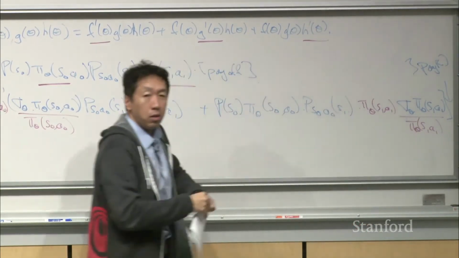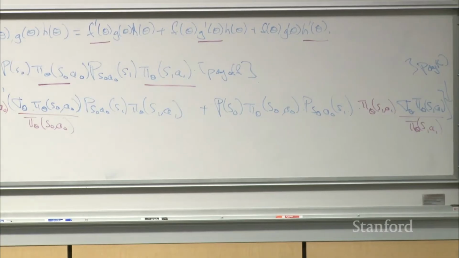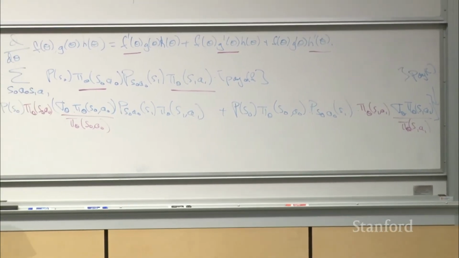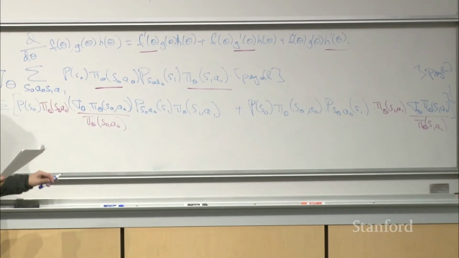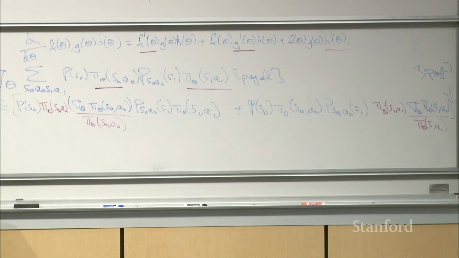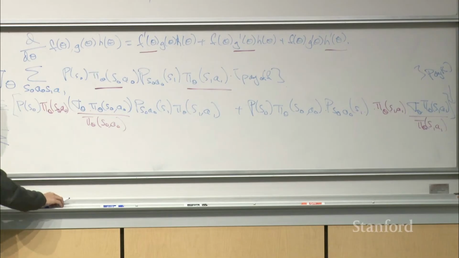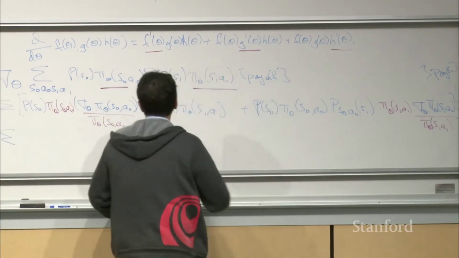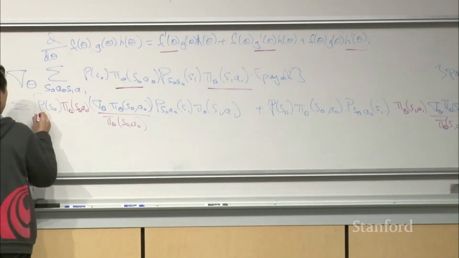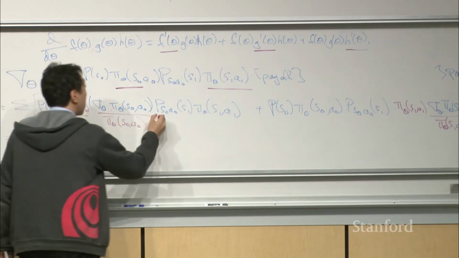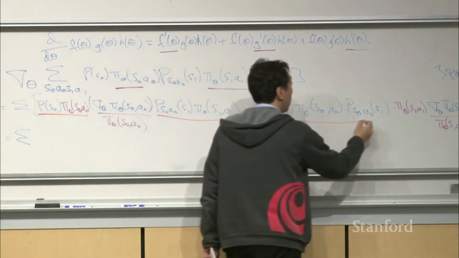Right? So lots of multiply and divide by the same thing. And then finally, so now the final step is I'm going to factor out these terms I'm underlining,